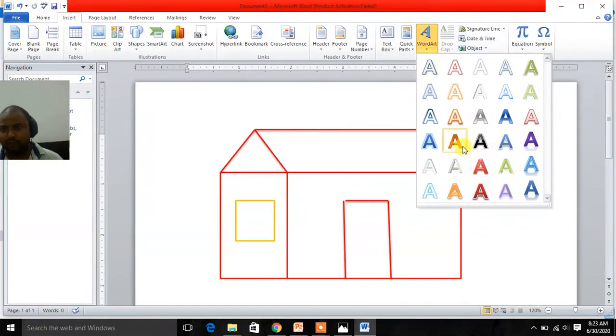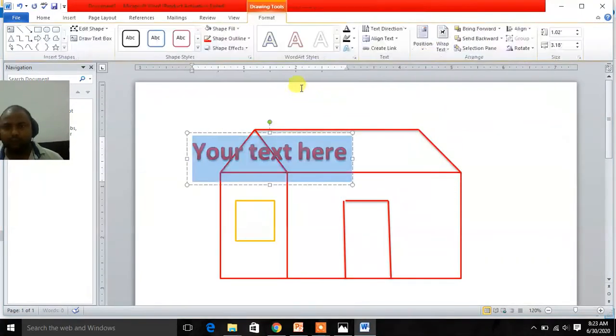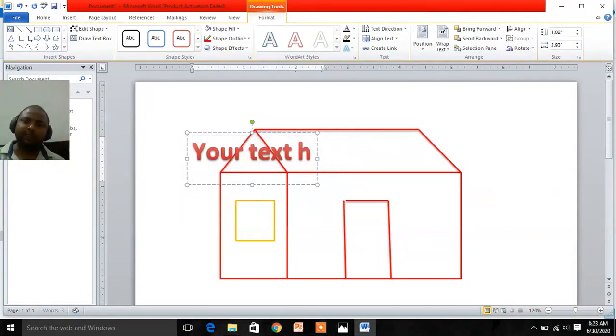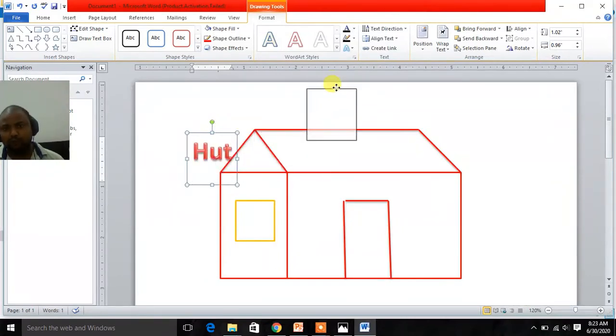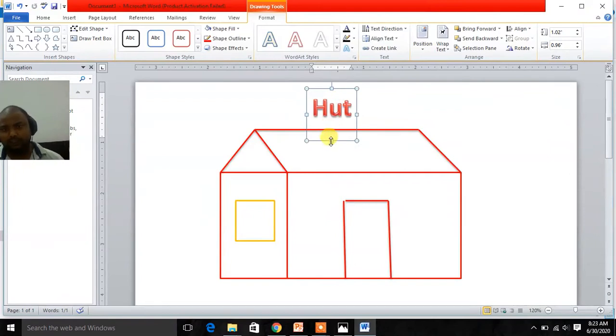Suppose I want this option, so placeholder here, I will click here, use backspace key to delete this and replace the text. I will type HUT art, and with this four-headed arrow, this is the move button, you can move it. These at the corners are resize handles, so you can resize.